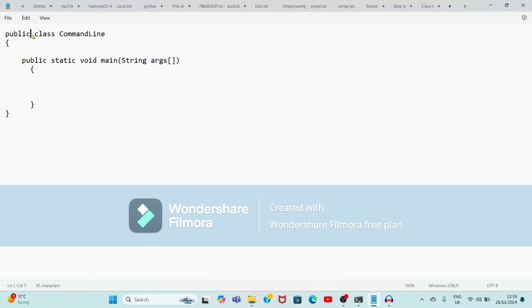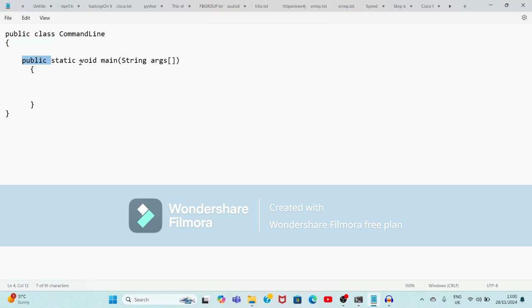Here, public indicates the access specifier, means we can access this class publicly. Class name, you can give any name, but make sure that your file name and class name match. I have given the file name as command line, so I am giving the class name also command line. After that, here also this is the access specifier for the main method and it is public, means I can access this method publicly.